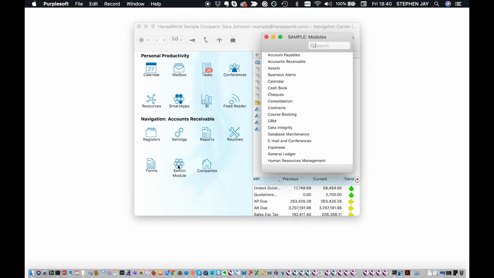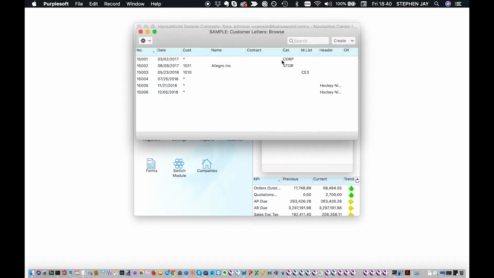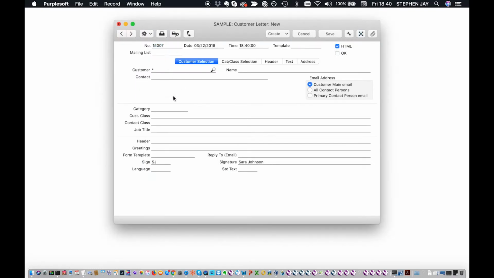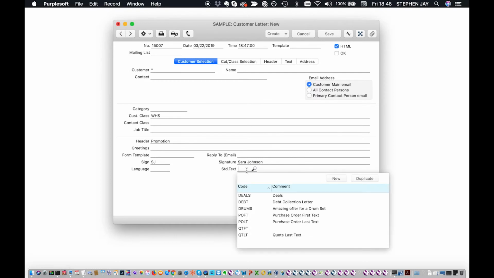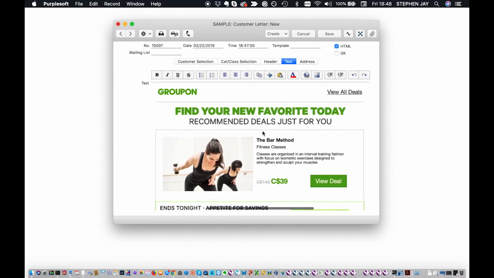But it's actually more extensive than that, because this feeds into campaign management. If I go into the CRM module and create a customer campaign, we can create the record, specify that we're sending this to a number of people, and then I want to say that this is, for example, going to wholesalers, and this is maybe a special promotion. You can then go ahead and add standard text that you've prepared earlier, or you can create the template on the fly. I'm going to bring in one that I prepared earlier, and that brings in, with apologies to Groupon,